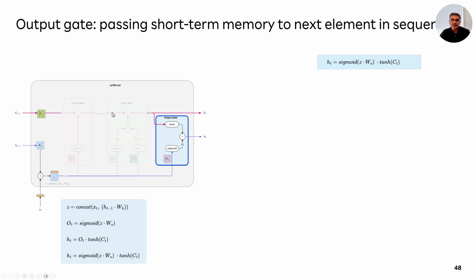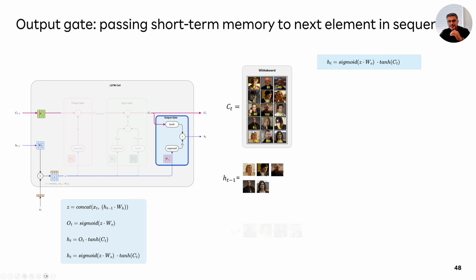We have essentially computed the changes that need to be made to the long-term memory by eliminating what is unimportant and adding what is more important. Correct? So that doesn't get changed in the output gate at all. The only thing that gets changed in the output gate is the short-term memory. So this is, let us say, our long-term memory set to these values. The previous short-term memory is this, the current input is this.